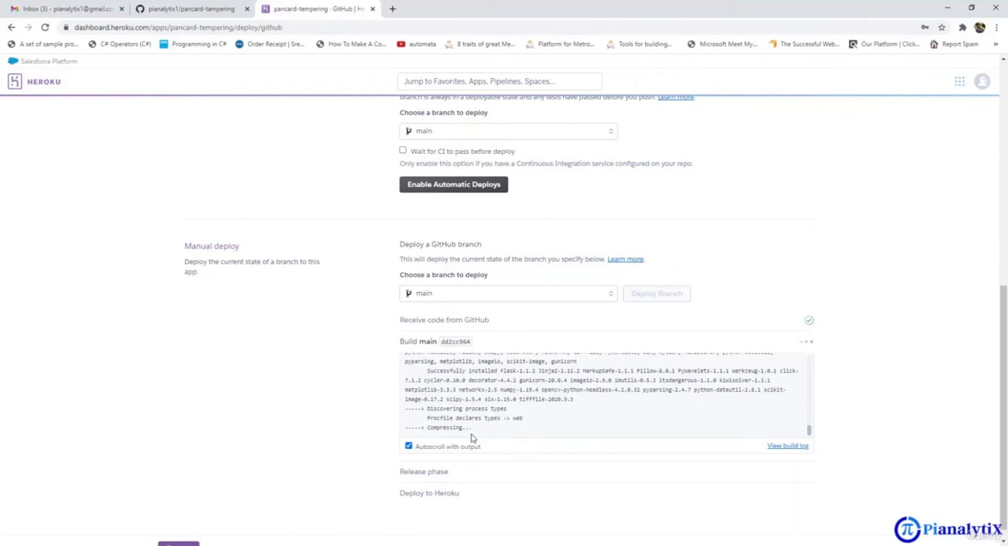So we'll see that after compressing, it will provide us with a URL, and that URL will be the URL for our app. The total size of our app is 149.7 MB, and this is the URL for our app. It is released. Now let's